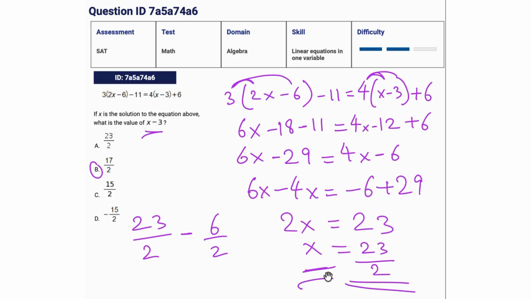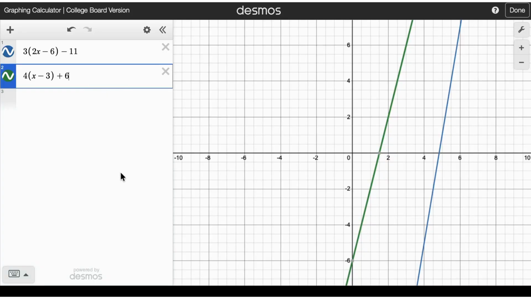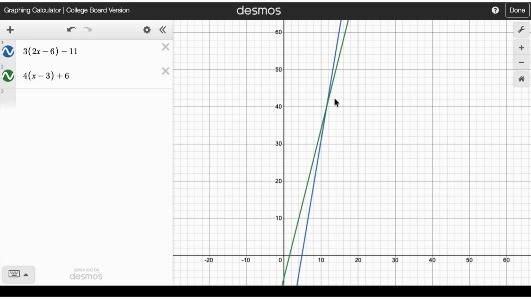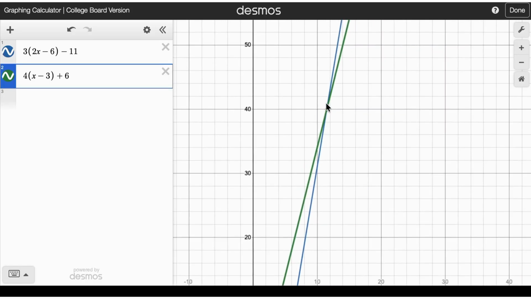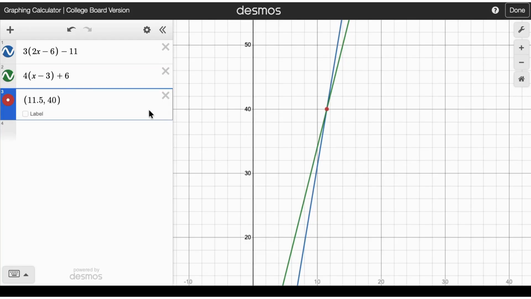All right. Now let's solve this using Desmos. Okay, so I've typed in the equation that they gave us. However, I removed the equal sign and divided them into two separate equations. I'll explain it to you in a bit why. So if you see here, we've gotten an intersection here, and it's 11.5. We just need the x value, okay? X value, and minus 3, that's very important,